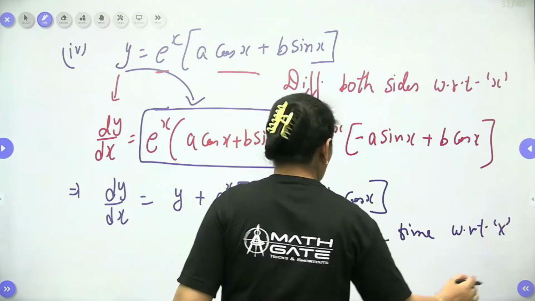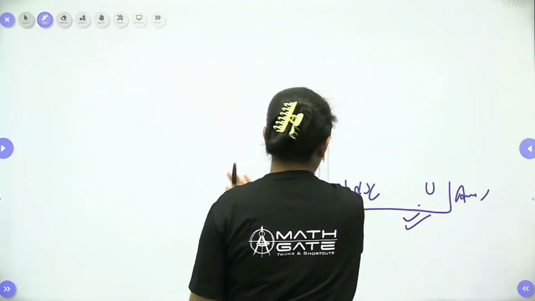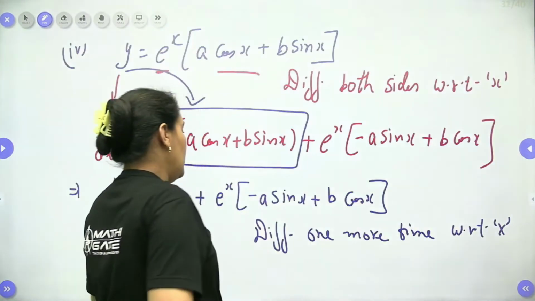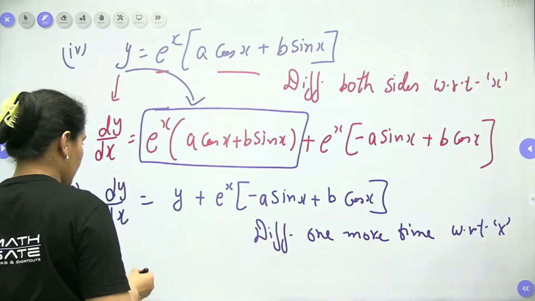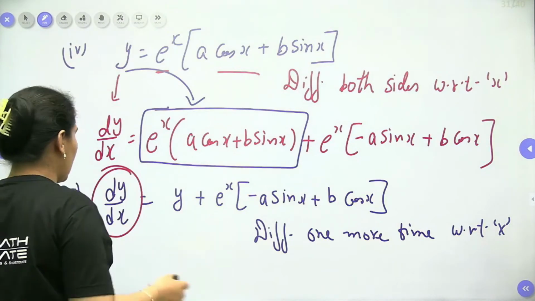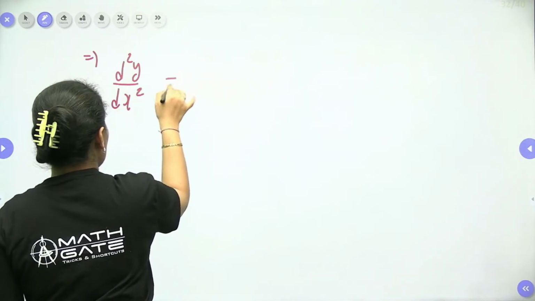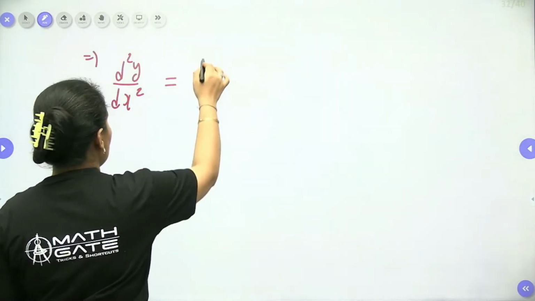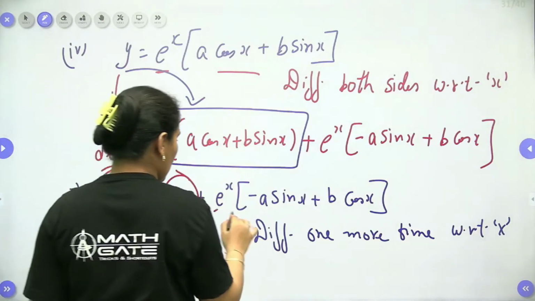Yes. So when you differentiate one more time with respect to x, let's check what you will get, my dear students. From here, let's have a discussion. It will be the differentiation of this one a second time, d2y by dx2 only, which is equal to the differentiation of y, dy by dx only.